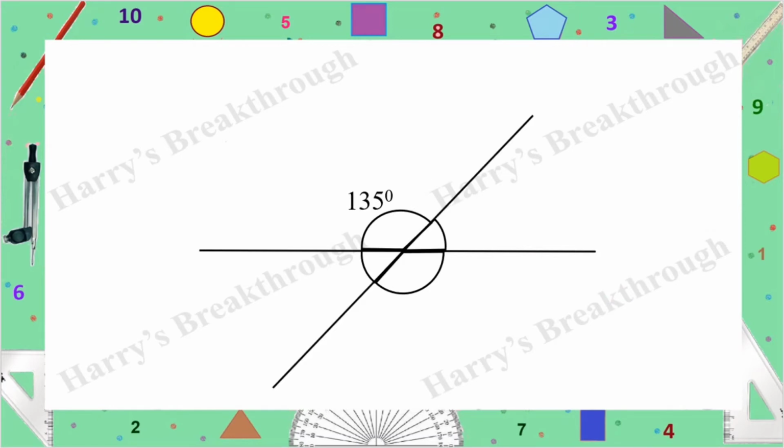One more problem. Here one angle is given as 135 degrees and its opposite. Here we found the linear pair. So 180 minus 135 is equal to 45 degrees. And here also there is another linear pair, or we can say this angle is the opposite angle of this 135. So this angle is also 135 degrees, and here also the opposite angles are 45 degrees.